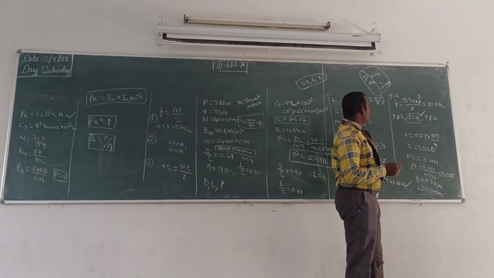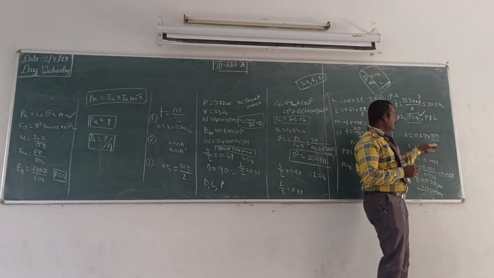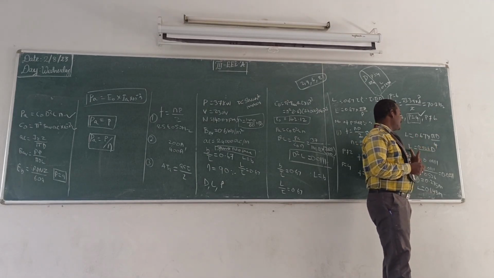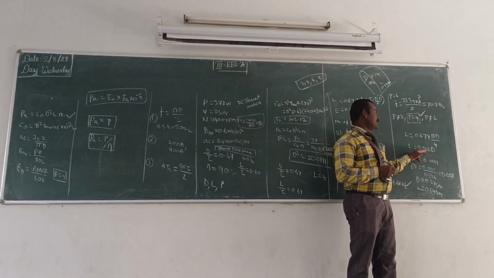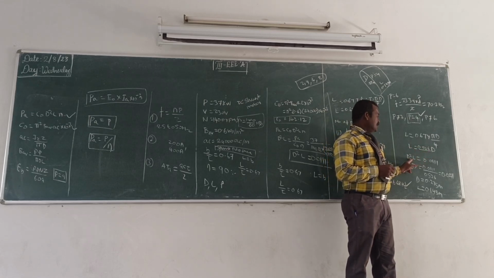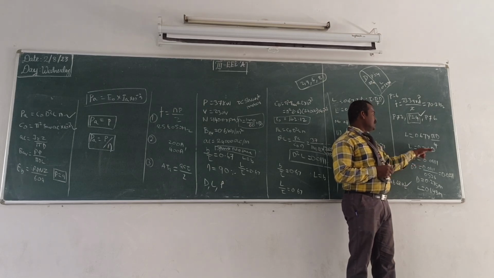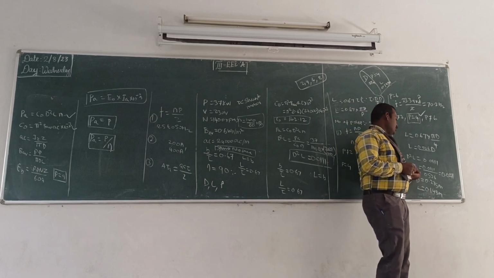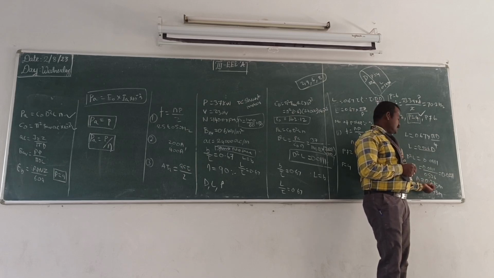So you can substitute in the previous expression for L in terms of D. So here you find it. You can substitute the number of poles as 4. Then you can find the length in terms of D. That is, L should be equal to 0.5 D. Then the D square L equation you have already found. So you replace this L in terms of D. Then you can obtain D cube. Then from the D cube you can find D. While you are taking the cube root, you can easily find D. That is the diameter of the machine.